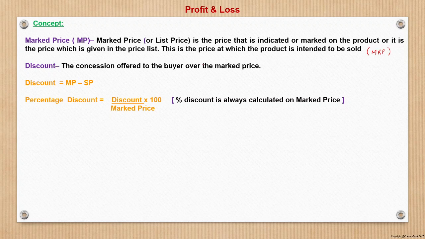Now, having known this, there's a related concept of discount. So let us see this through a pictorial diagram. What does this mean? So suppose we discuss this in terms of a shopkeeper. So there is a shopkeeper A, right? So he purchases some item. He would be purchasing from say some wholesaler. So what is the purchase price for A?